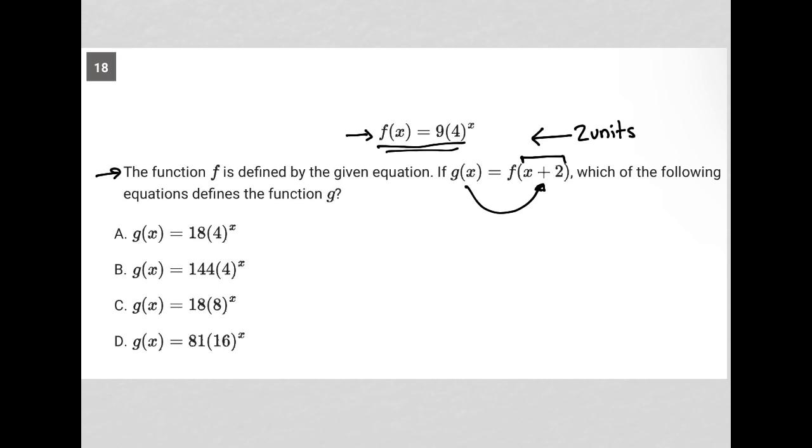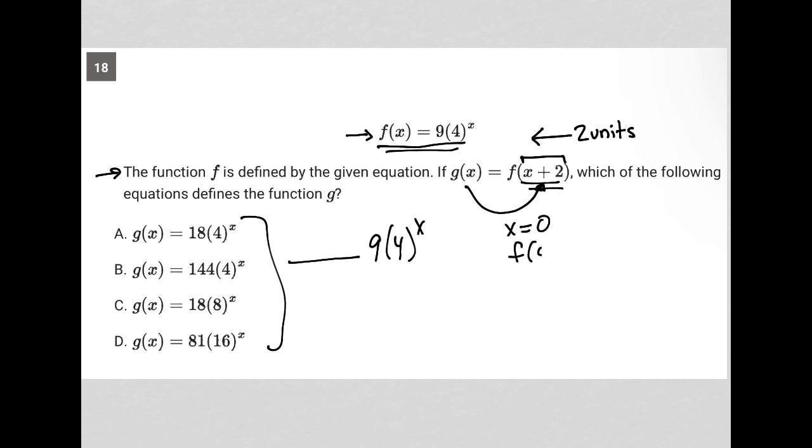Okay, well, I could tell you that I don't know exactly how to convert 9 times 4 to the x power into one of these options simply based upon this left 2 unit shift. Maybe you know how to do that, which would be great. But what I do know how to do is figure out, like, if x were equal to 0,